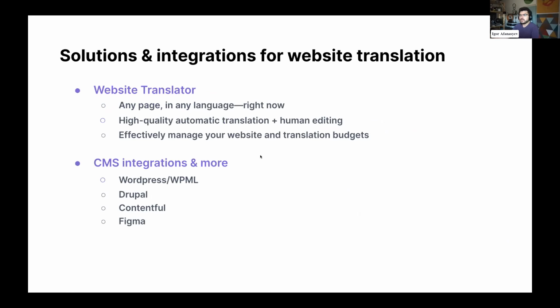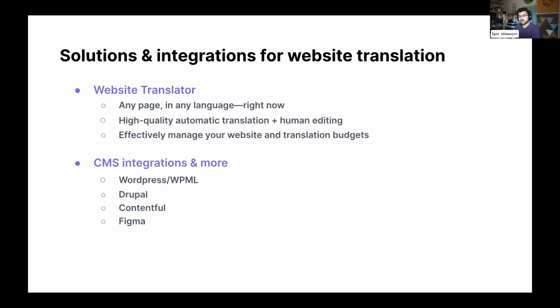So what do we have when we talk about Smartcat as a language delivery platform? What we mean is that we want to make it as easy as possible for you to connect to various content sources and translate those. We have quite a bunch of different connectors or integrations with various CMS systems, product information systems, etc. When it comes to website translation, in our portfolio you will find dedicated connectors for WordPress, Drupal, Contentful. If you are localizing some visual content, you might find it useful to use our Figma connector as well to